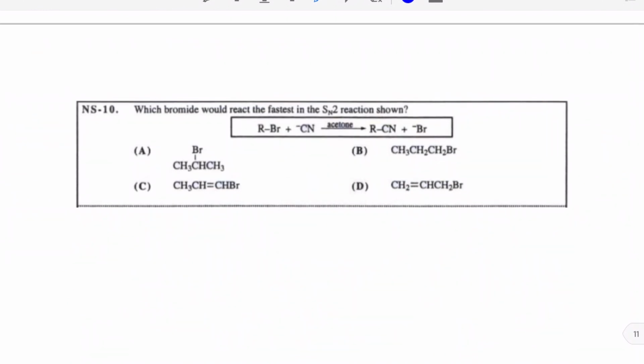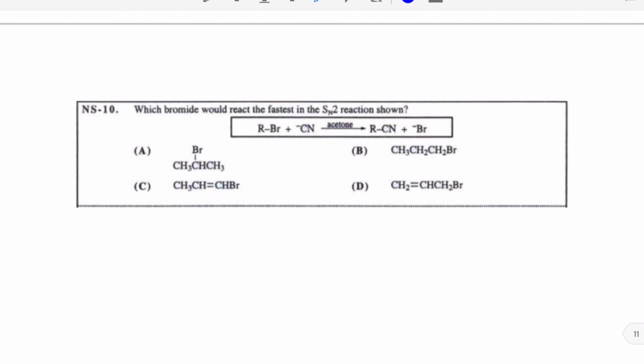For this question, it asks us which bromine would react the fastest in the SN2 reaction shown below. And that means that we have to understand what factors favor and disfavor an SN2 reaction. And this is a topic that we had actually touched on earlier when we were evaluating several problems. So the first thing we need to realize is that